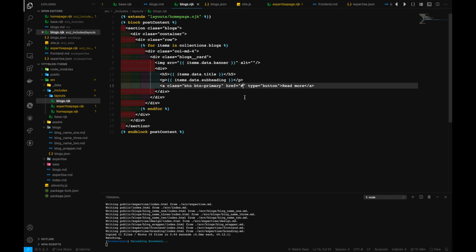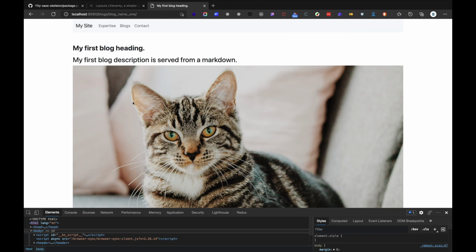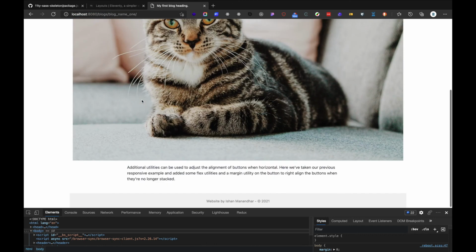So the thing that Eleventy provides us is something called a URL. So we can write, we are looking down items, okay, and it's items dot URL. All right, and that's pretty much it. And if we save it, and if we take a refresh, and if we click on read more, you can see here we have our blog name 1, which is the name of the blog,